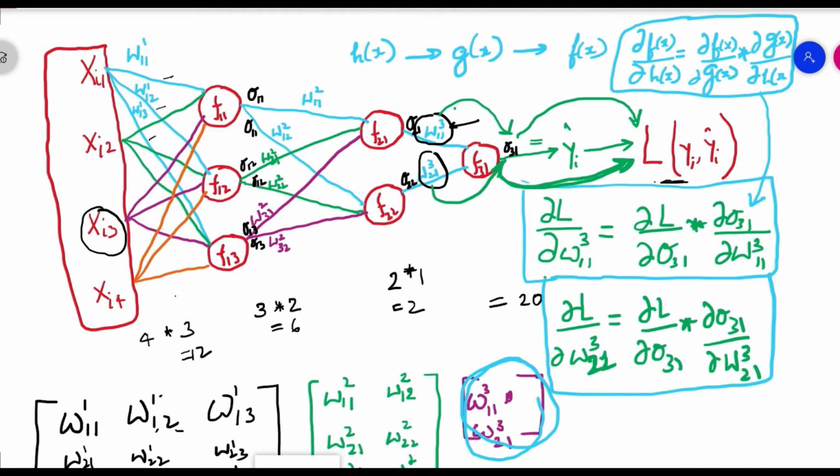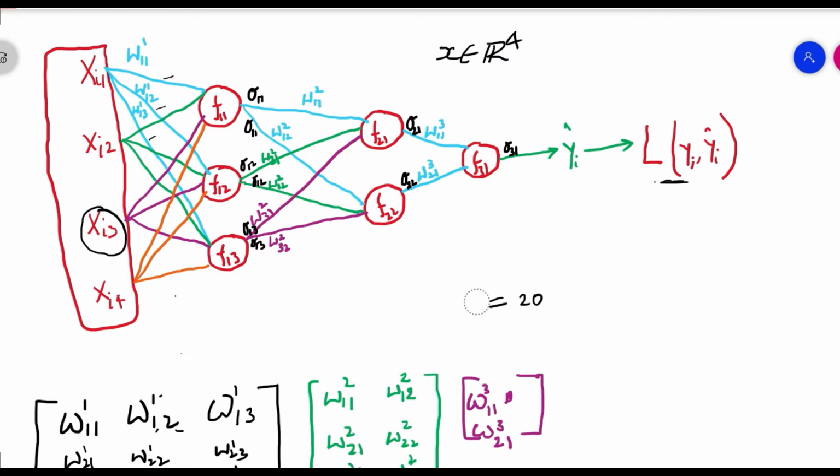So continuing on to the W2 level, we have already seen the weights at the W3 level, and we calculated the rate of change of loss with respect to these two weights at the W3 level. Now let's move on to the W2 level and see how the weights present on the edges at the W2 level impact the change in our loss function. So for that, let's clean our slate here.